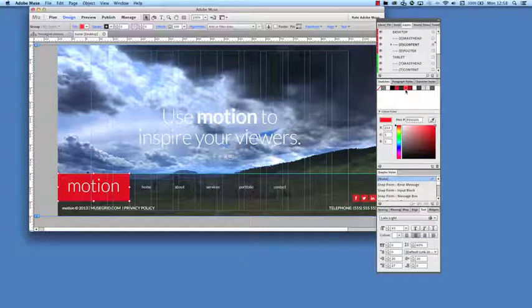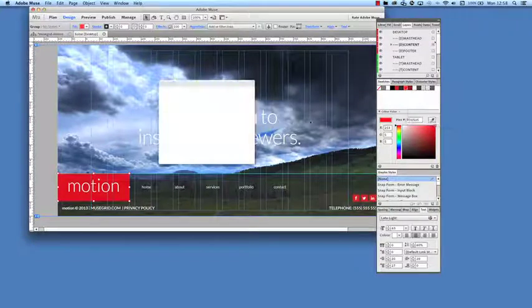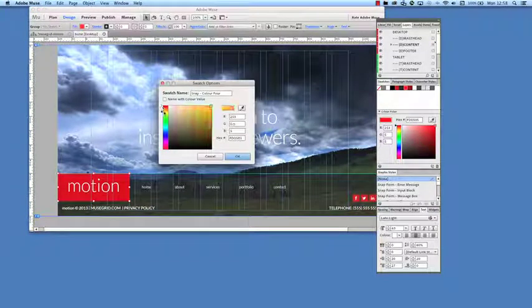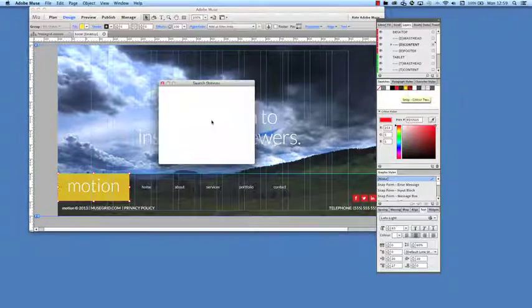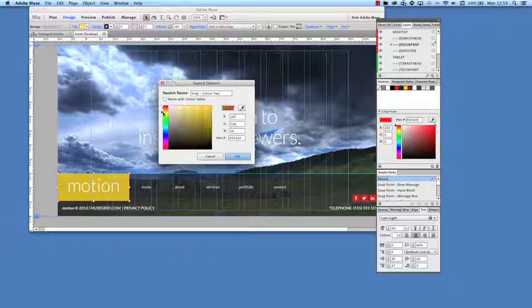Now you might be tempted to just use the color picker here, but that's not how we want to update this color. So right click, swatch options, and then we're going to choose a color. Let's choose this yellow, and everywhere that that color is used within the site will change because we've changed that color. We're going to choose another yellow here. I'm going to go to swatch options and choose a slightly darker color here,